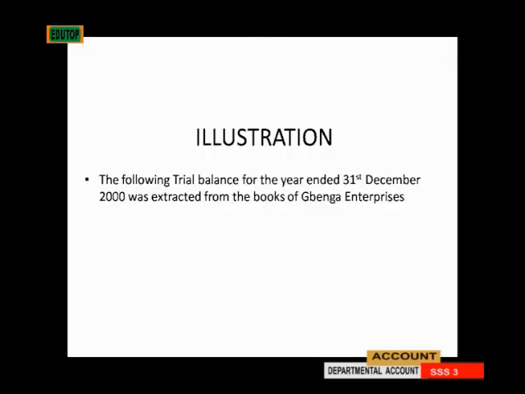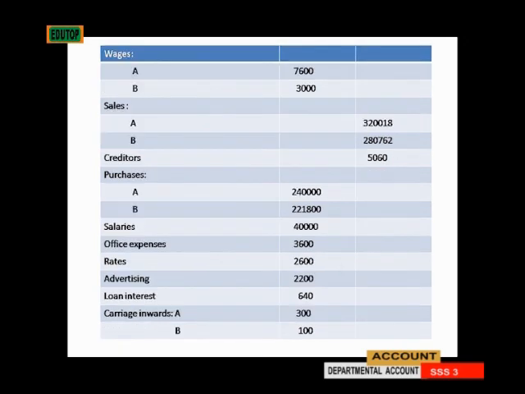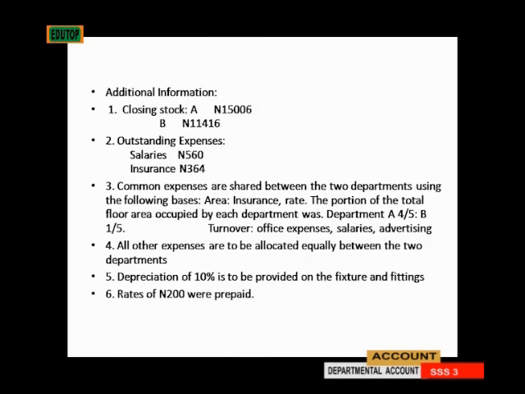The following trial balance for the year ended 31st December 2000 was extracted from the books of Benga Enterprise. Now the trial balance is being drawn here, which you can see, with the items classified under the side which they belong to. So you can see the capital, we have drawings, premises at cost, and the likes. Then you can see that at the end of the day, the trial balance on the debit side and credit side totals 731,840. Now let's really go to additional information, and that is a very